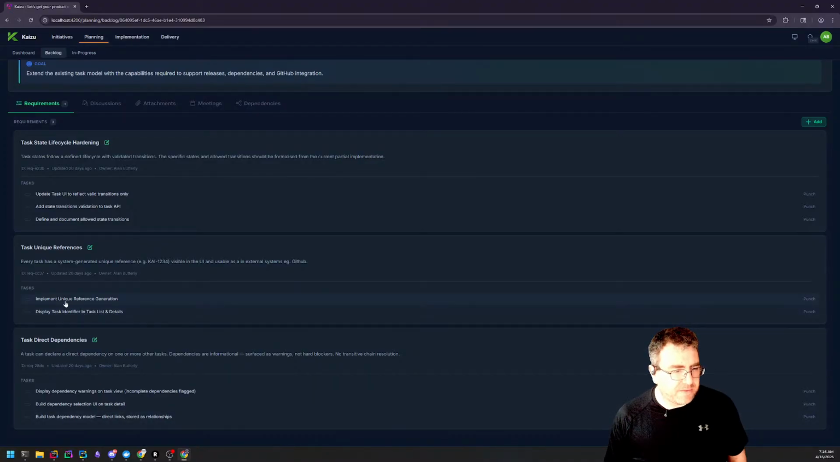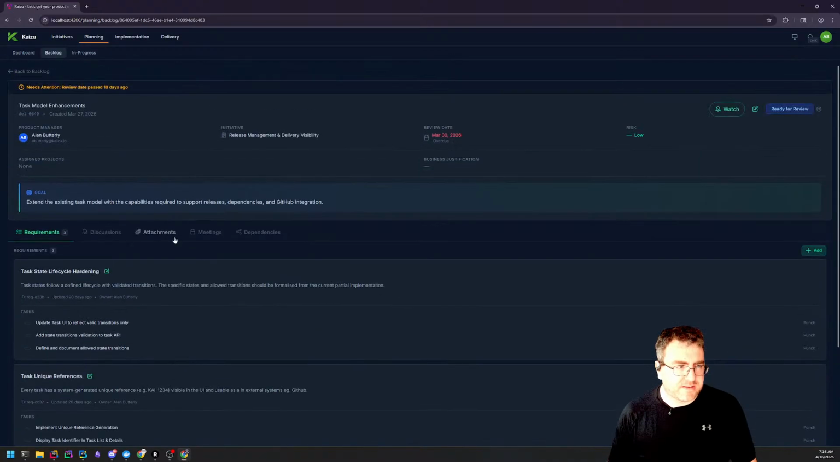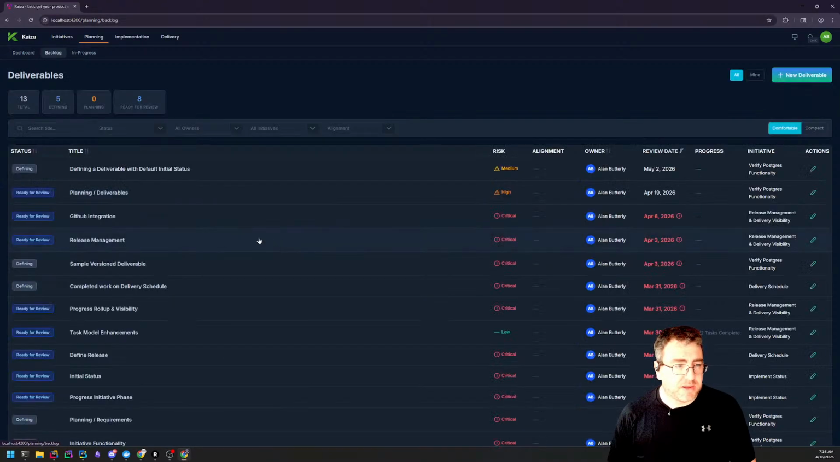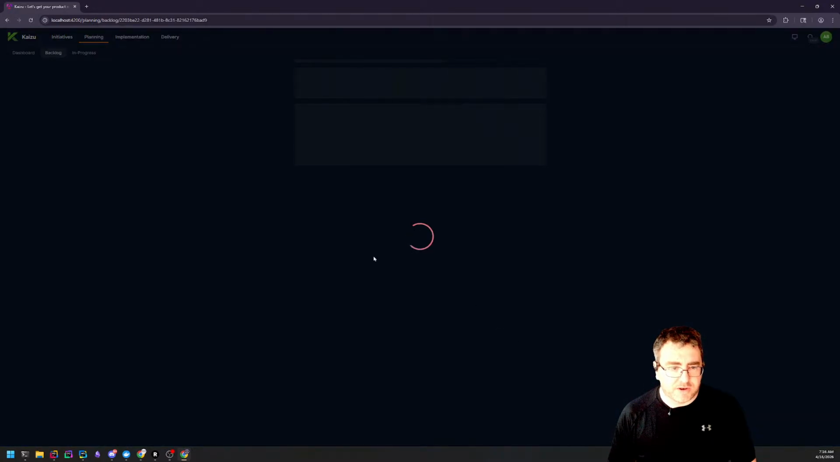So we got the task identifier, we got the implement unique task reference generation, display dependency warning. So this one is the next one, task direct dependencies. So this is the ability to say, hey, this task has some dependencies on other things. We actually have this for planning for deliverables. So on a deliverable, you can